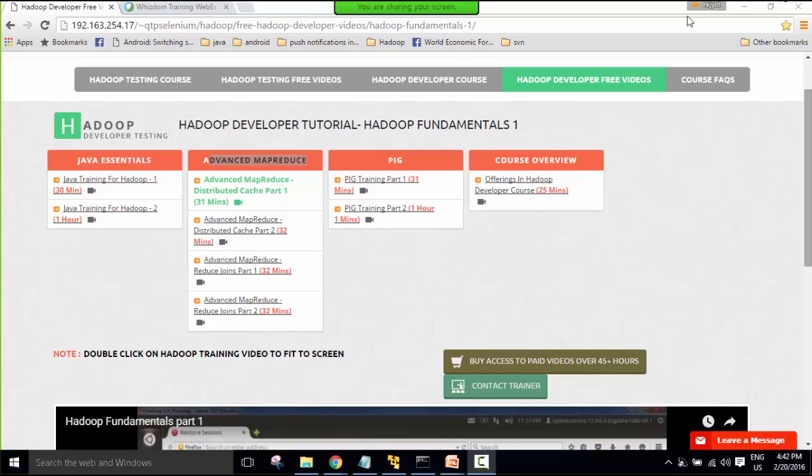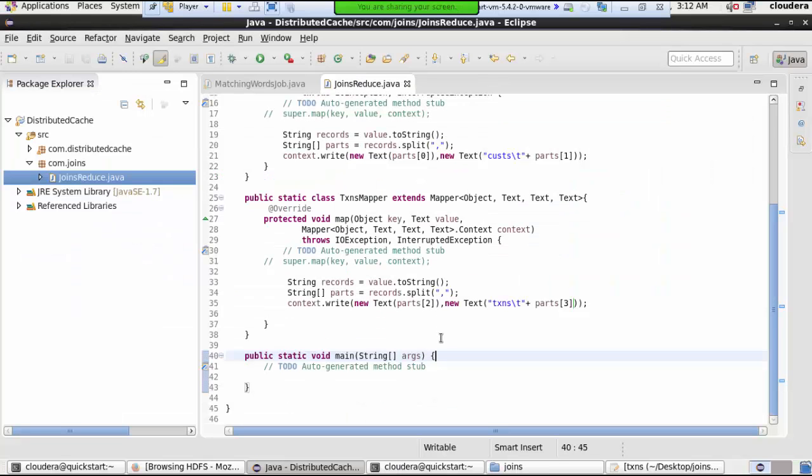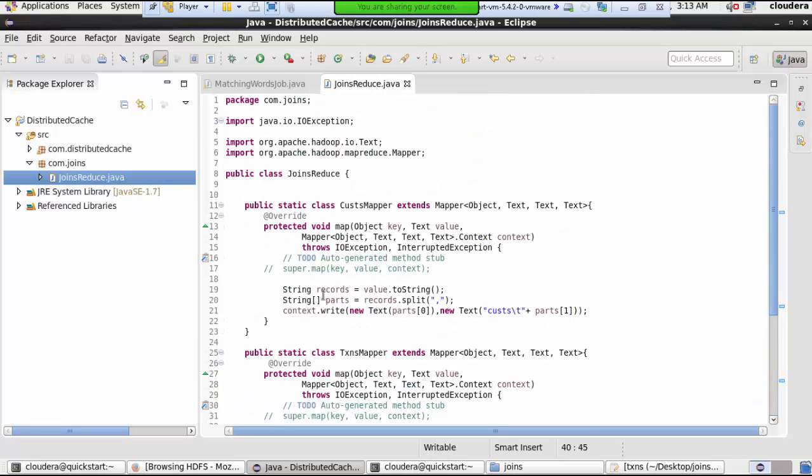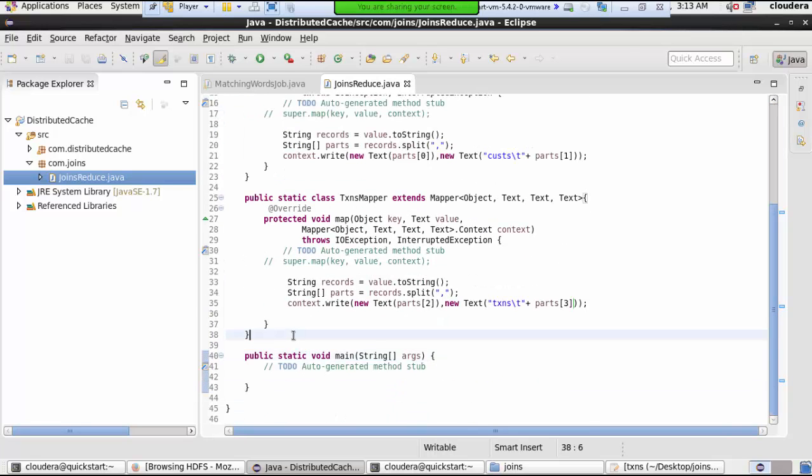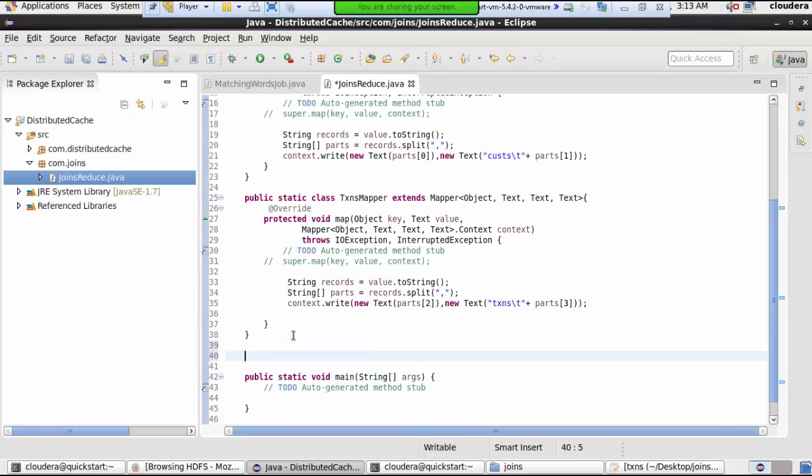Now I'll take you back to the VM and we'll write the logic for our reducer. This was my transaction mapper class, and this was my customer mapper class. Now it is our turn to write the reducer class. So for that I'll write here